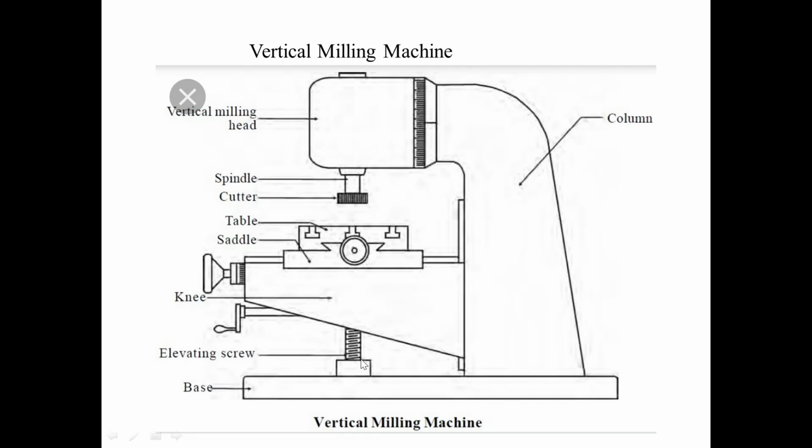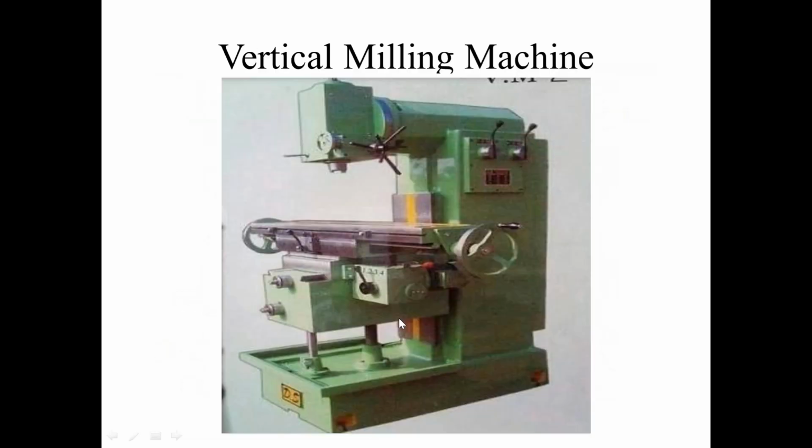I am not going to go deep into it, because I have already explained it in the horizontal milling machine. With the knee elevating screw, the work table is going to move up and down. And next, we have a strong rigid base. The base can be made of a concrete structure, and we have a supporting column for the vertical milling head. So this is about the vertical milling machine. Next, this is a 3D image which shows the vertical milling machine. Here in a vertical milling machine we have a head, where the cutter can be fixed, and we have a column, and this is the work table.